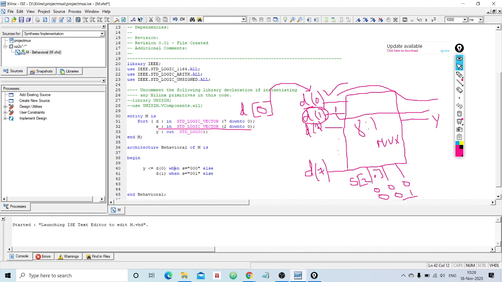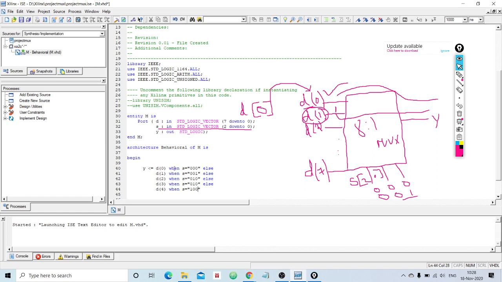Else y should have the value d of 2 when the selection line has the value 010. Else it should have the value d of 3 when the selection line has the value 011. Else it should have the value d of 4 when the selection line has the value 100, which is nothing but 4.